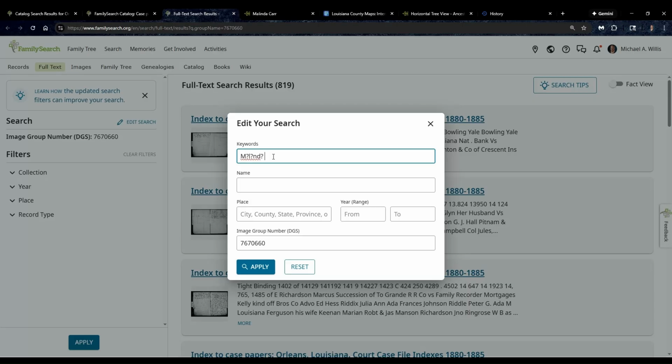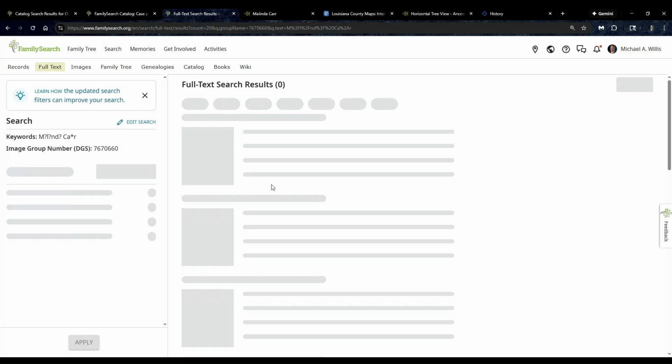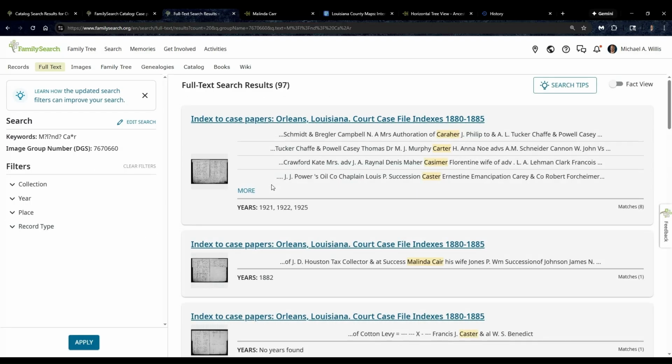In addition to that, because her last name was Carr, you know that that could be also spelled different ways. It could be C-A-R-R, C-A-R-E, C-A-I-R, C-A-E. I mean, there's a million different ways, right? It could have an E on the end. So what I chose to do was put CA and then put an R at the end, and then just use an asterisk to try to catch every combination in between. And I believe when you click apply, I may come up here with, yes,